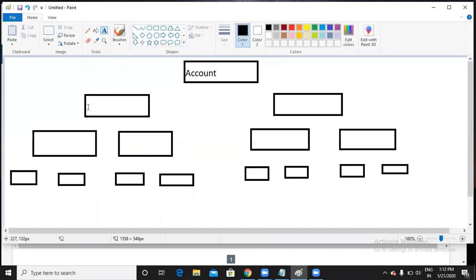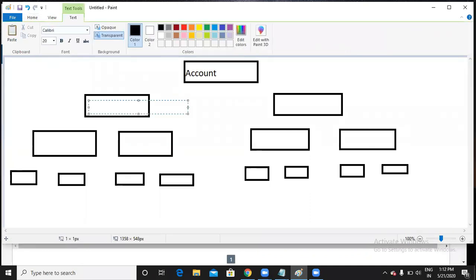In LinkedIn, there is a new option called campaign group. For every account, there will be an option called campaign group.